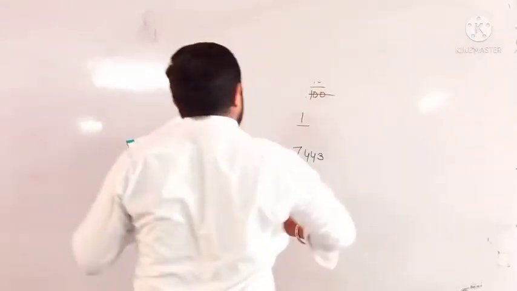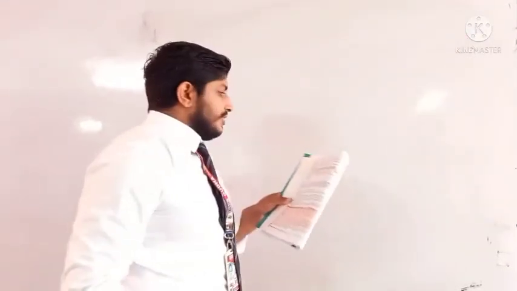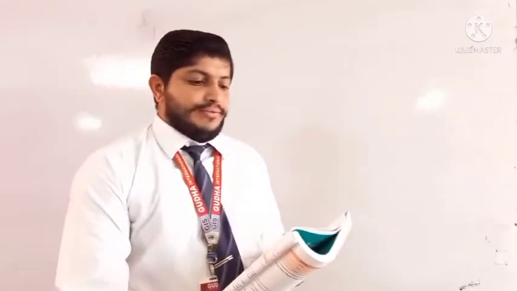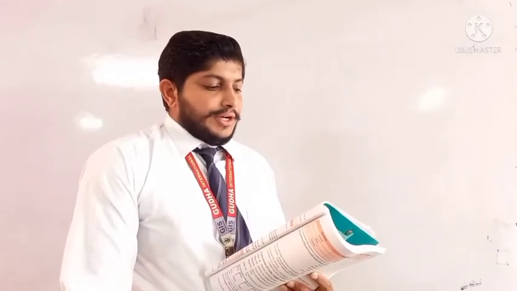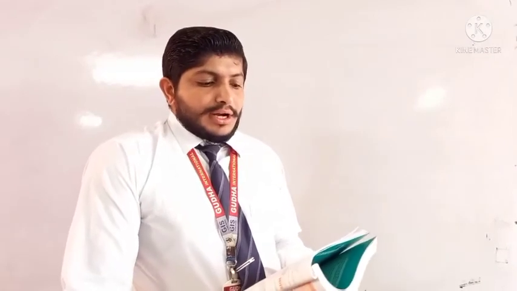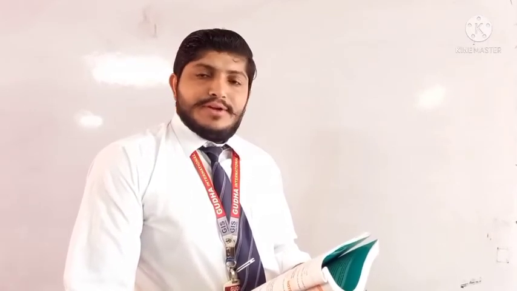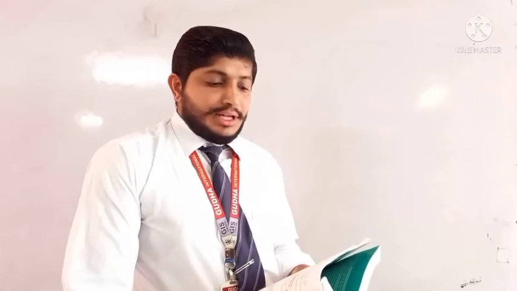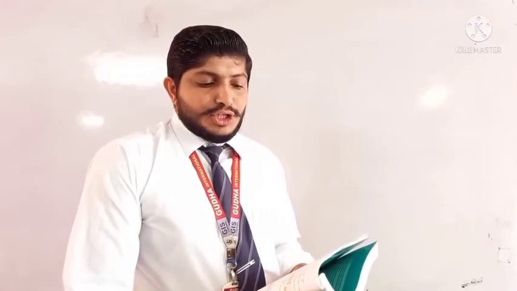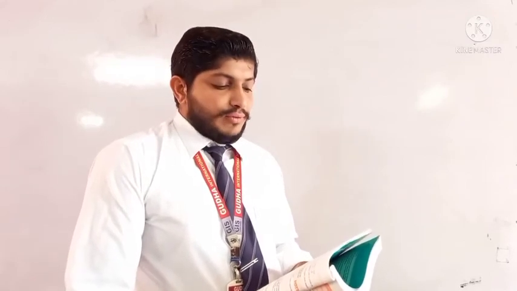Question number 6. In question number 6, a two-wheeler covers a distance of 330.75 km in 6.3 liters of petrol. How much distance will it cover in 1 liter of petrol, beta? So how do you solve? Distance covered in 6.3 liters of petrol, and then by 1 liter of petrol. 330.75 divided by 6.3. Listen carefully. 330.75 divided by 6.3, then the distance covered by 1 liter of petrol comes.